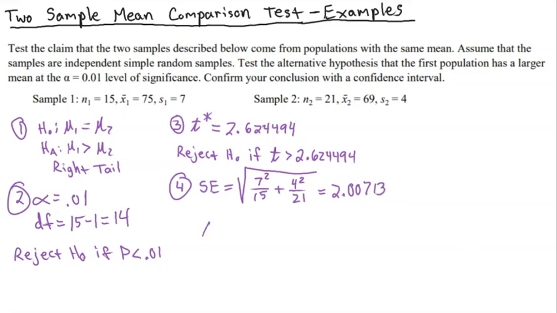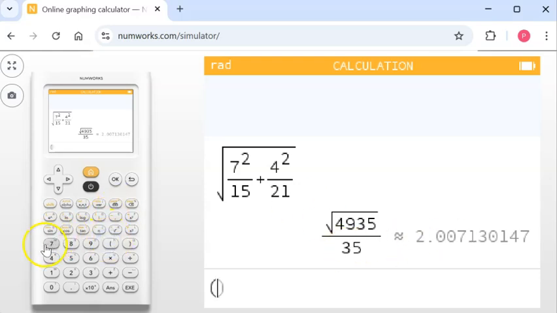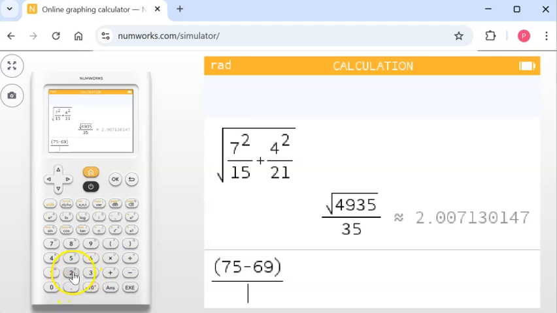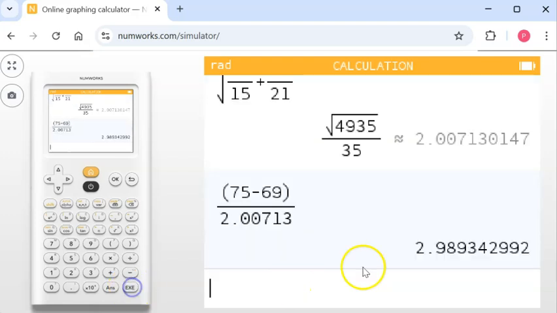2.00713. Now to get our t statistic, we're going to do x bar 1, 75, minus x bar 2, which is 69, divided by the standard error, which is 2.00713. Okay, let's go to the calculator. We'll do 75, is that right? 75, yep, minus 69, close parenthesis, divided by 2.00713, and so our t statistic is